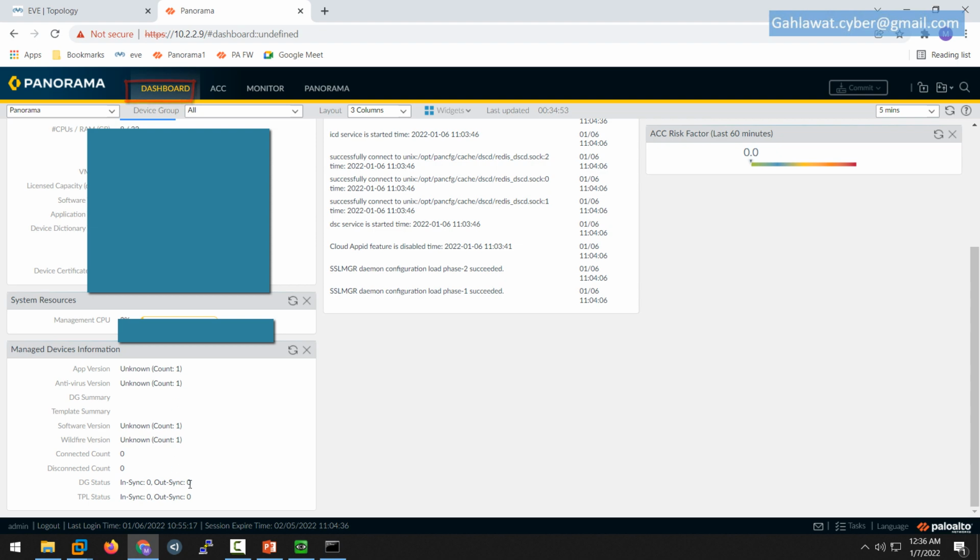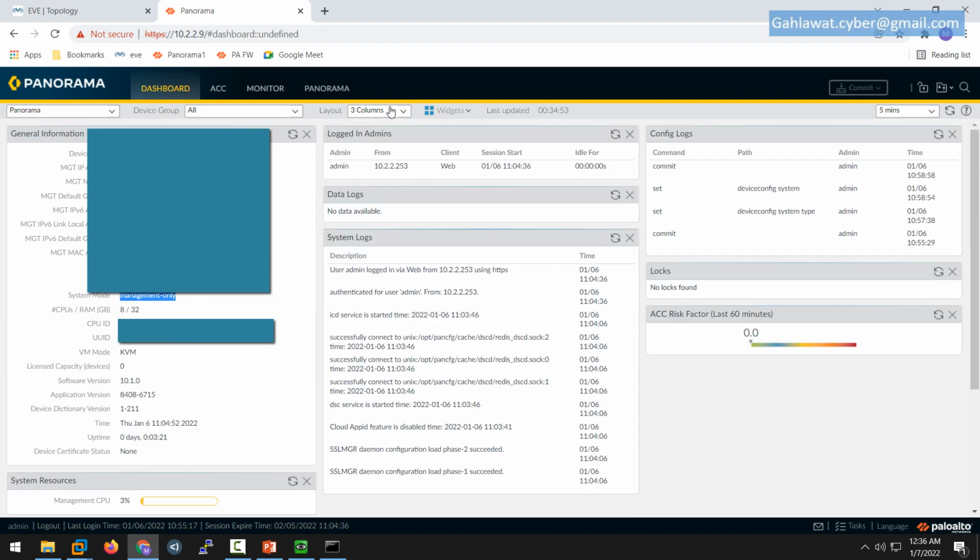Currently it doesn't have any managed devices, and then some information about the logged in admins, like if there are multiple admins, then the admins currently logged in, some data logs, and then the system logs, like this user logged in via the web browser using HTTPS at this point of time, the user admin was authenticated, then some config logs, ACC risk factor logs,